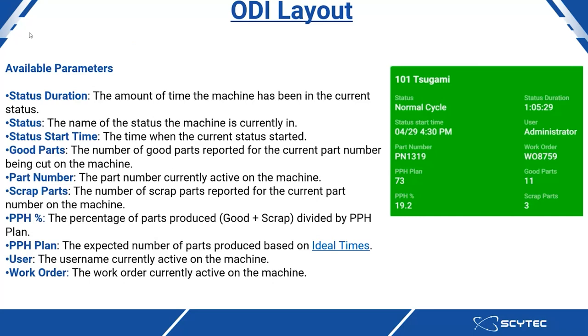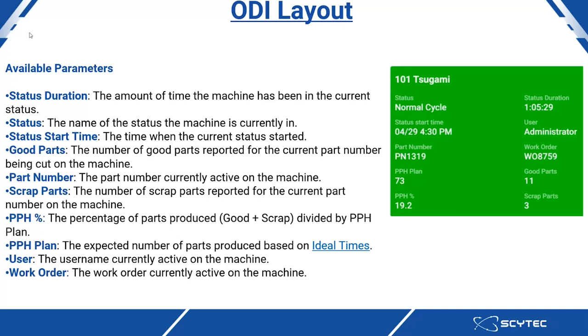So the ODI can be set up like your real-time charts or your real-time dashboards as well, with a bunch of different available parameters. If you look over there on the right, you have a screen grab of an equipment card from an ODI tablet. This is a Tsugami that you're looking at, and you can have these configured to your heart's desire with a bunch of different available parameters that I'm going to go over, such as the status duration of the machine, the specific status of the machine itself, when that status started, the amount of good parts that have been produced, the current part number being worked on the machine, the amount of scrap parts that have been